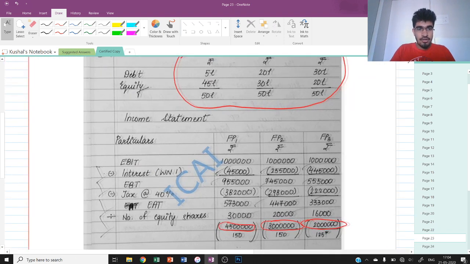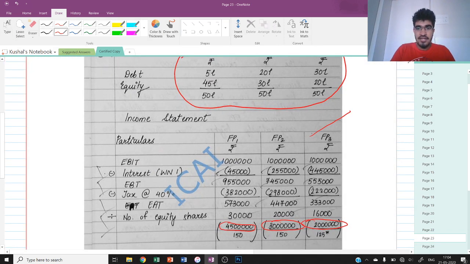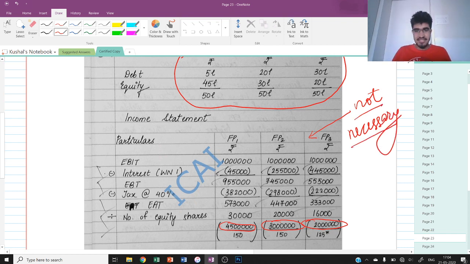Once again, if you don't draw these lines, it's absolutely all right. I had a lot of time in my costing FM paper. To be very frank, I had finished this paper 15 minutes before the main time, by 4:45 p.m., and since I had a lot of time, I drew these lines in the last 15 minutes only. So it is not necessary to draw lines. I am repeating this once again. If you have time, then and only then you should draw these lines.